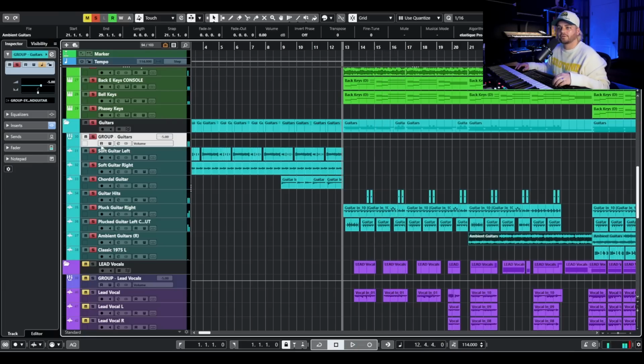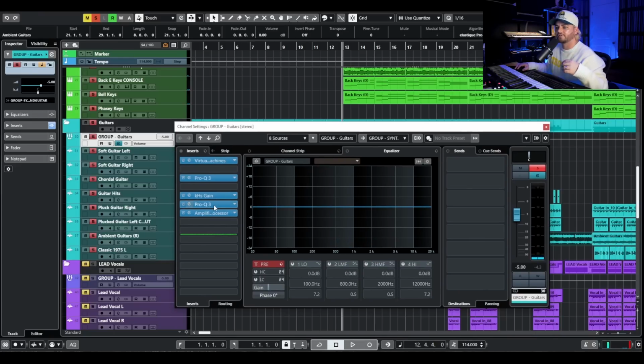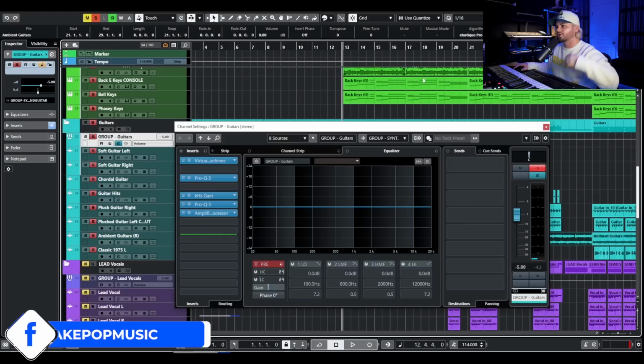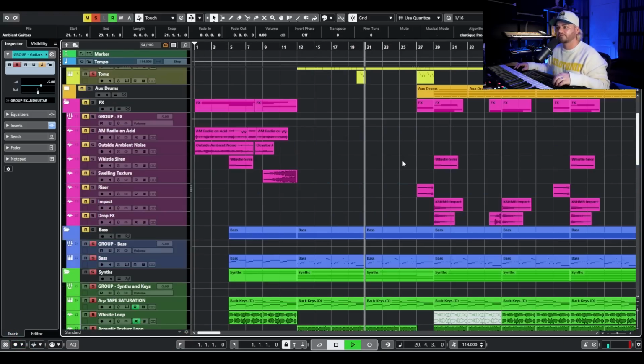And then we're also going to engage some filtering on this. So we've got a little bit of filtering opening and closing. Other than that, it's just some gain. And then I've talked about this a ton, but the amplified instrument processor, just to soften up that guitar and make it sound a little bit more natural. And then other than that, for the second half,